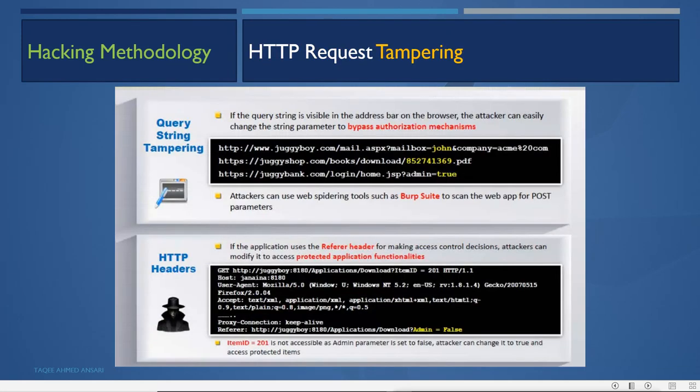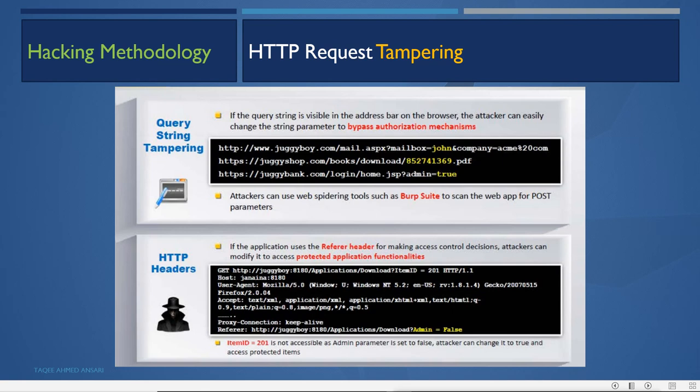First, HTTP request tampering. In this, if the query string is visible in the address bar of the browser, the attacker can easily change the string parameters to bypass the authentication mechanism. This is called query string tampering.